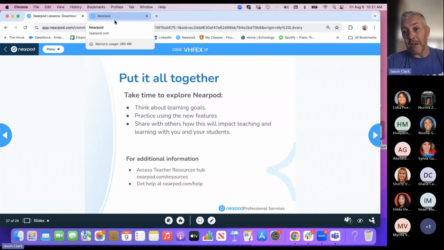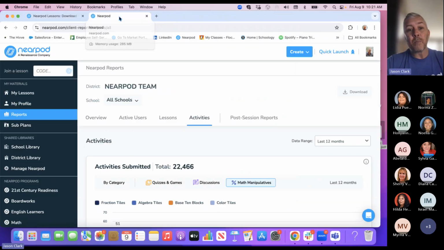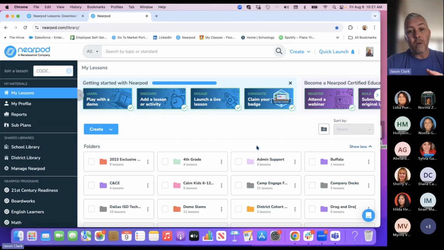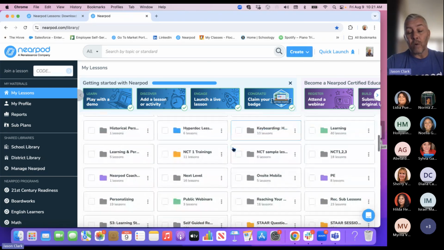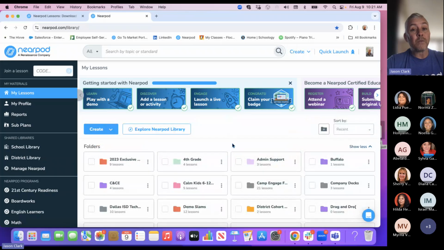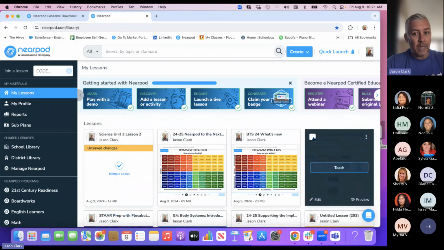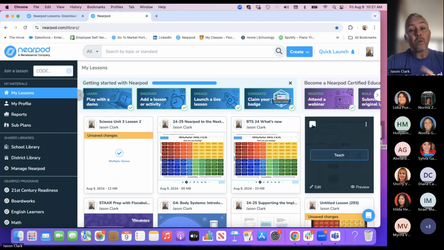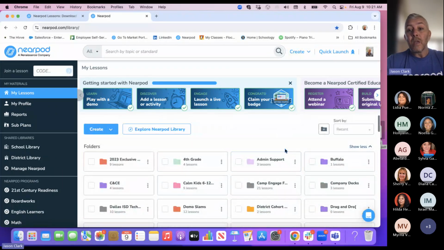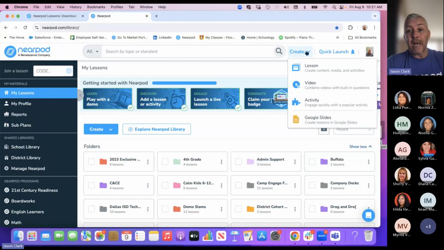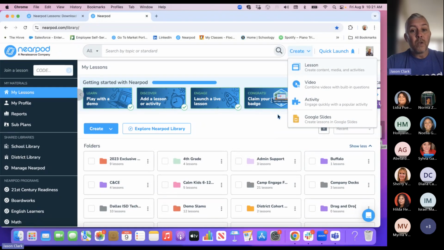Get into your own Nearpod account. If you get into your own Nearpod account, you'll get to your account where it looks similar to mine right here. And I'm going to give you just a little bit of work time here to try some of these things out. What I'd love to have you do is to take a look at your lesson library. Perhaps create a couple different folders and maybe start to move lessons into those folders that you've created or downloaded, multiple at a time. If you would like, also click the Create tab, start a new lesson,